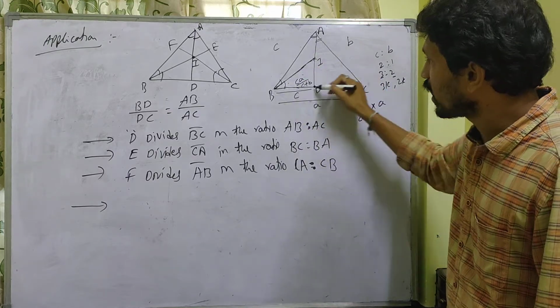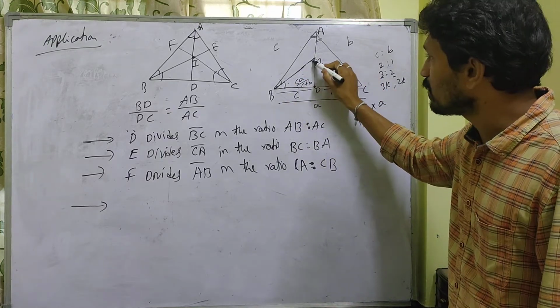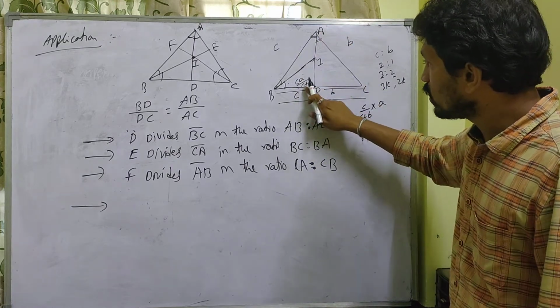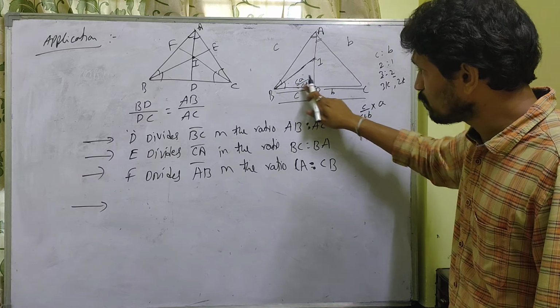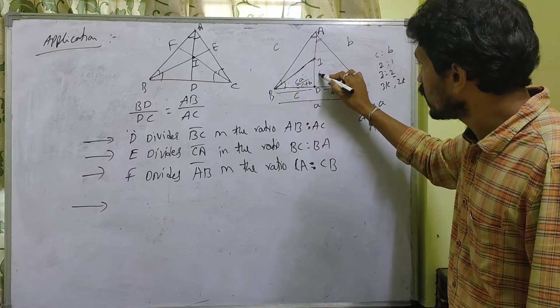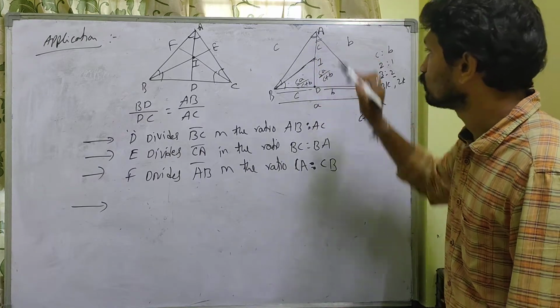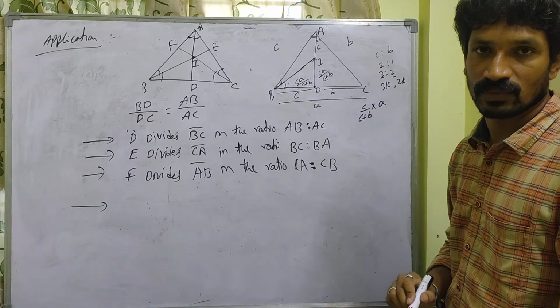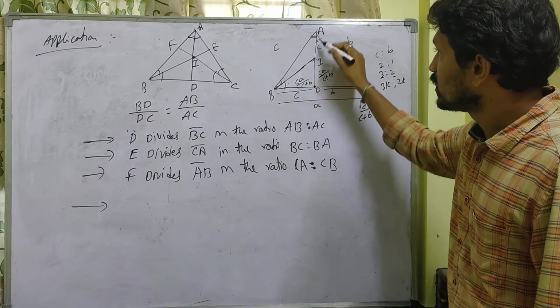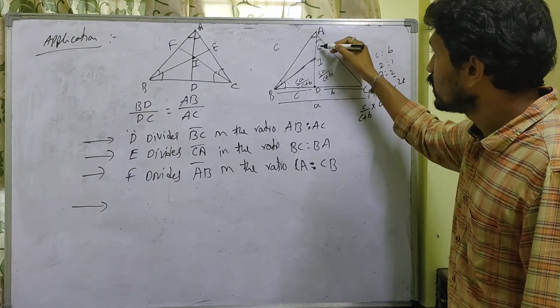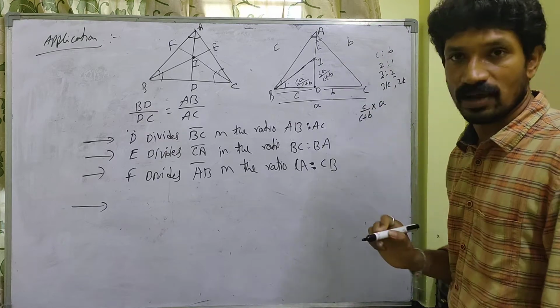This is also one of the triangle's angular bisectors. This angular bisector also divides the base in the ratio of the other two sides. So this one is nothing but, what is this part? CA by C plus B. So here you get CA by C plus B is to C. Okay. So it divides in the ratio of CA by C plus B is to C, from A, C is to CA by C plus B.